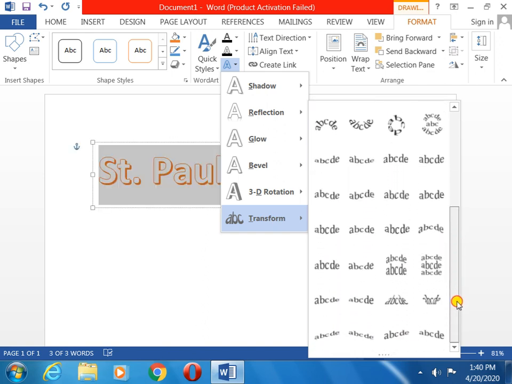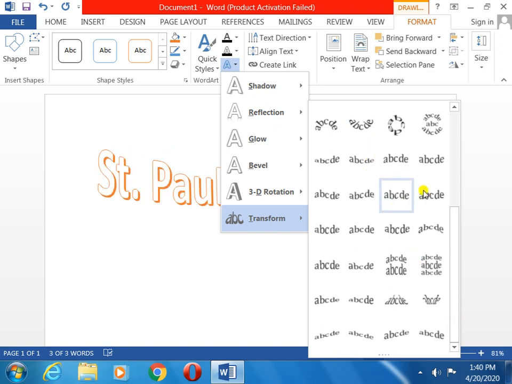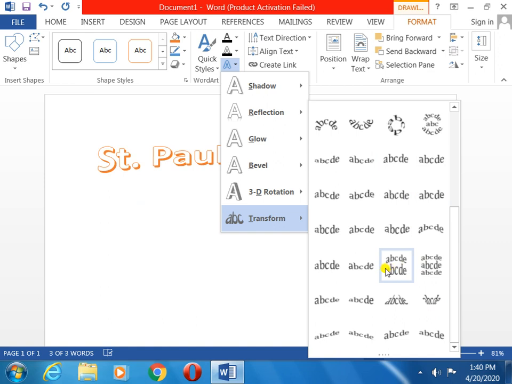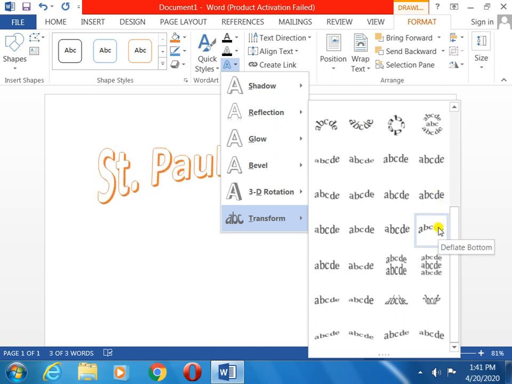You can select any style whatever you like. Whenever you touch one, you can see on the left side your main document automatically changes. Okay, from here I am selecting one of these, just click on it.